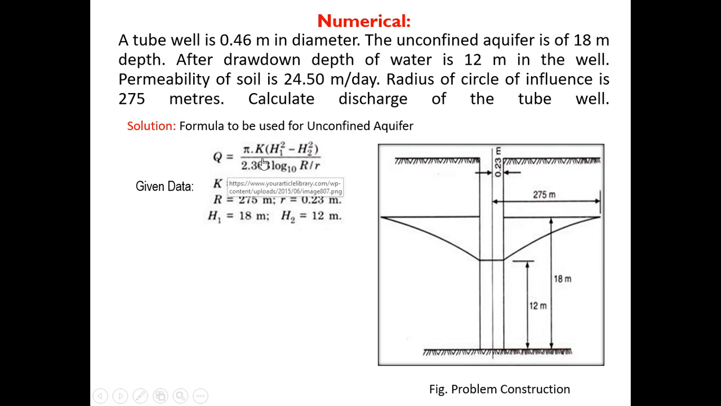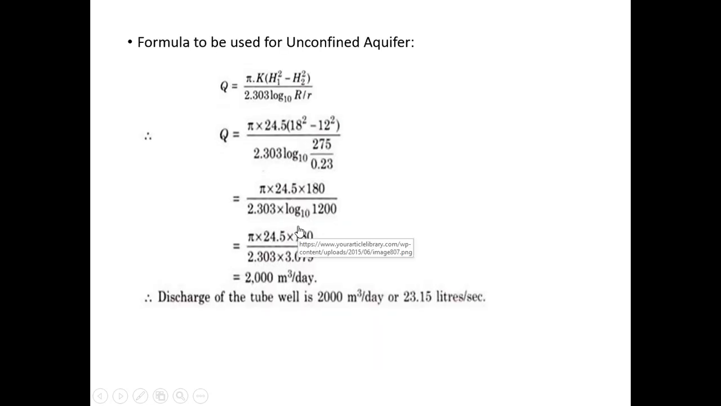Q equals to pi into K bracket H1 square minus H2 square divided by 2.303 log of R upon r to the base 10. Here K is the coefficient of permeability of soil, R is the radius of influence, small r is the radius of the well, H1 is the depth of aquifer in the well, H2 is the drawdown. Right? Now we have to substitute all these values in this equation,